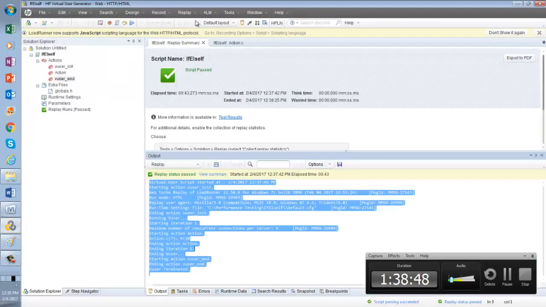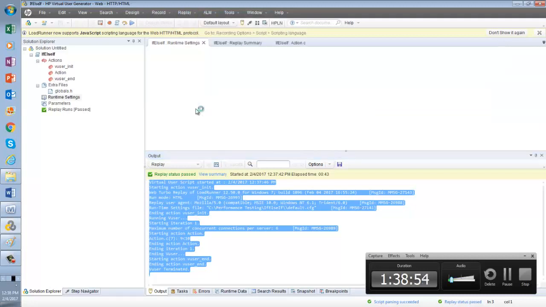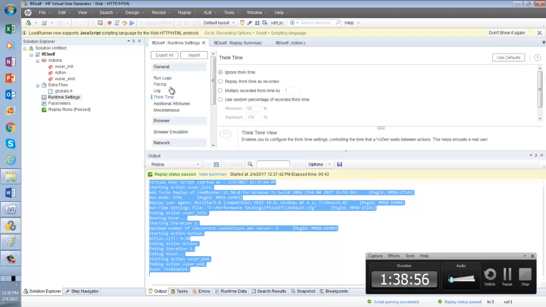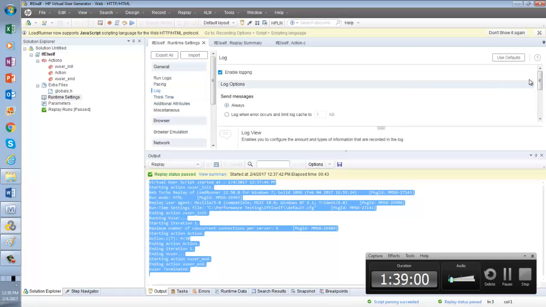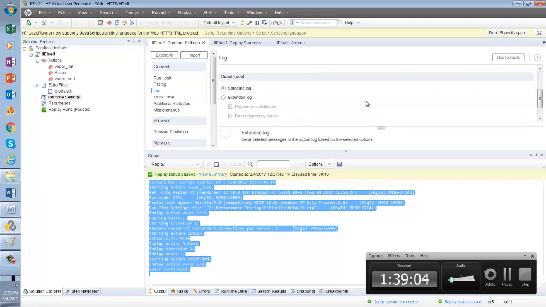Now you go to runtime settings, replay runtime settings, and then can you see log? In log you select extended log and parameter substitution. Okay, now you save it and do the execution.